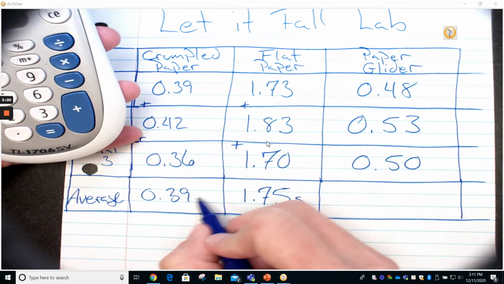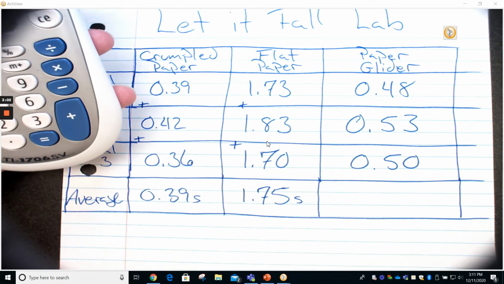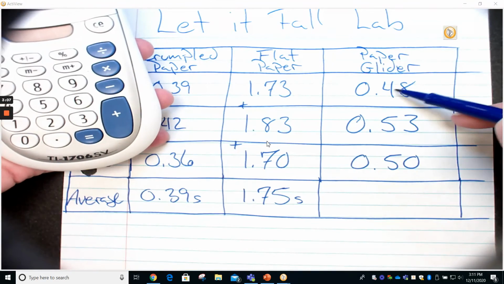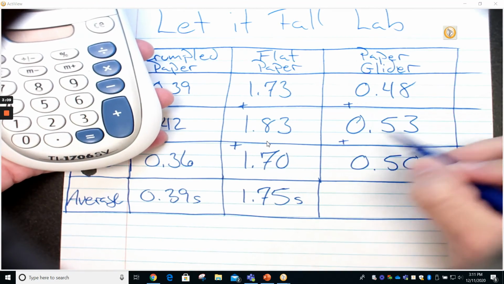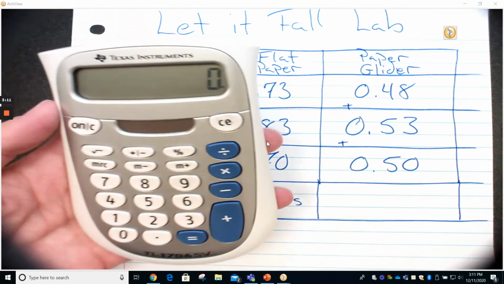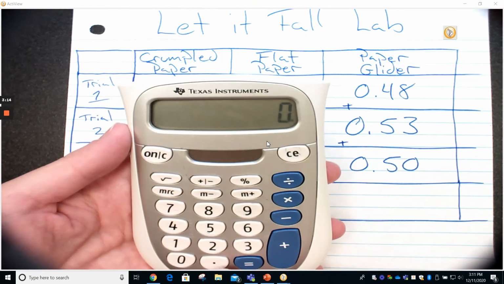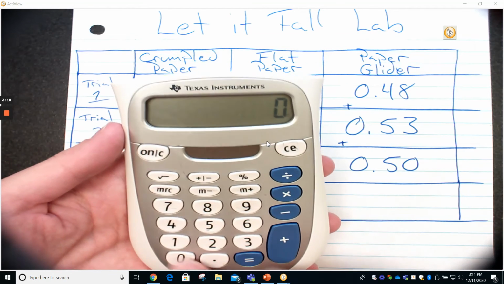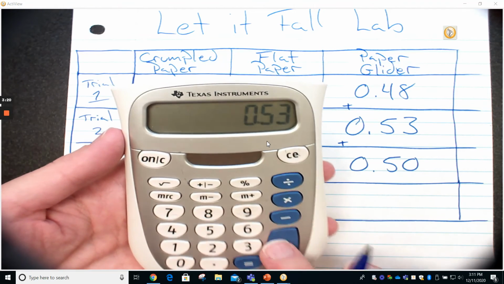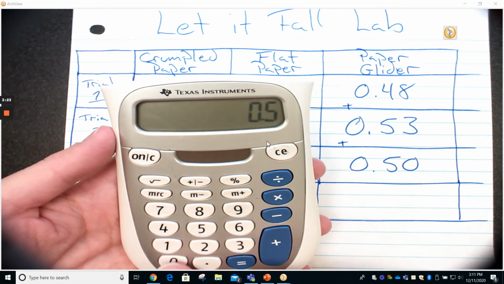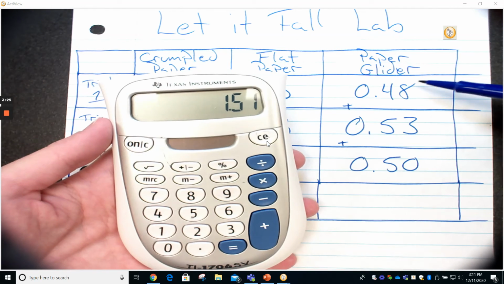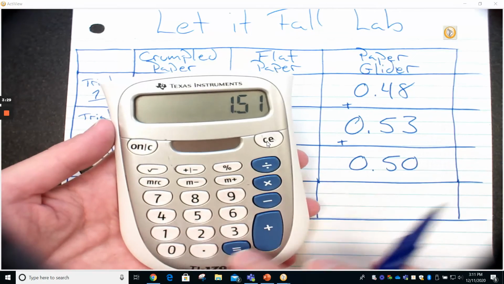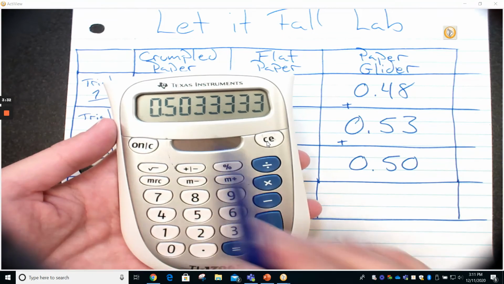And if you want, you can put a second in there. Having units is really good, okay? Because, you know, we're in science class and all. We're going to do the same thing over here. So 0.48 plus 0.53 plus 0.50. Let's put it in. 0.48 plus 0.53 plus 0.50 equals, so remember we have 1, 2, 3 trials, so we're going to divide it by 3, and that equals